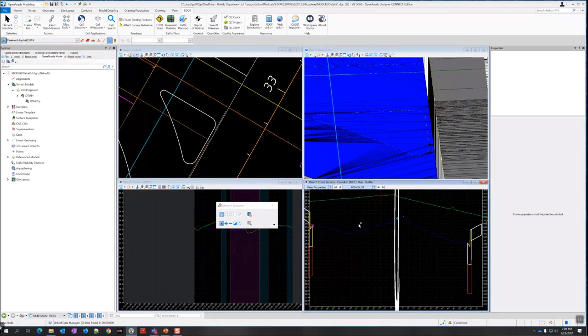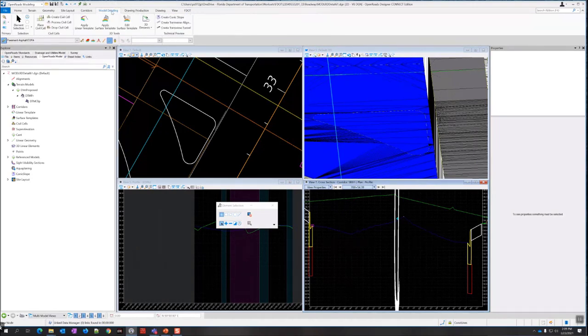All right, so exercise 4.9. We're going to go to the model detailing section and model detailing tab, and we're going to go to Apply Surface Template, this button right here, second one under 3D tools.